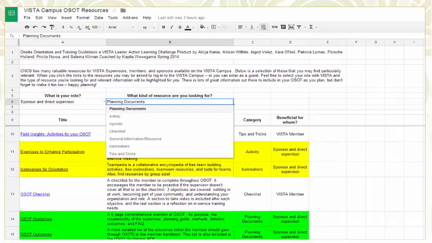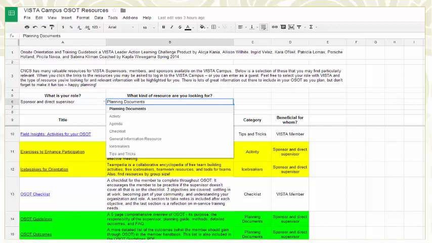And just as a final thing, I wanted to touch on something that Patricia mentioned at the very beginning, which was that throughout the guide, we provide a lot of links to different resources that are already available on the VISTA campus. And so to go along with our guide, we created a spreadsheet that contains all of the links. And, you know, we do recognize that people are pressed for time and don't want to sort through the whole document. So this was created as a standalone document to accompany the guide.